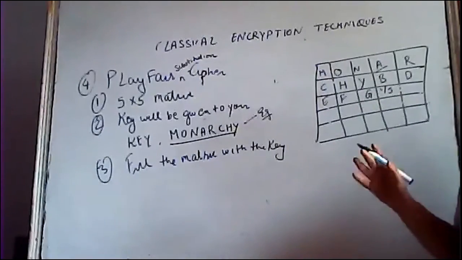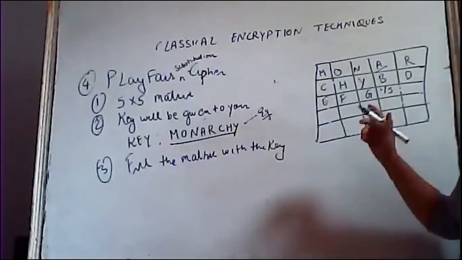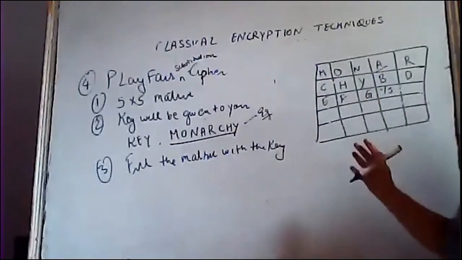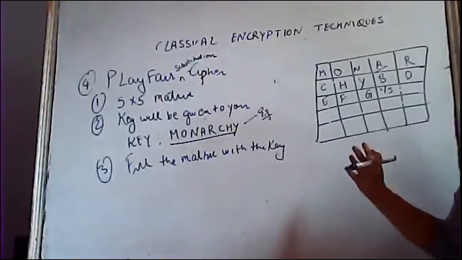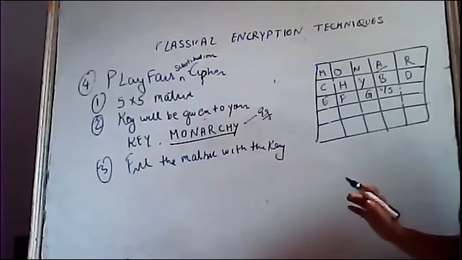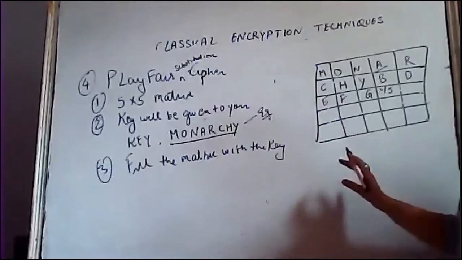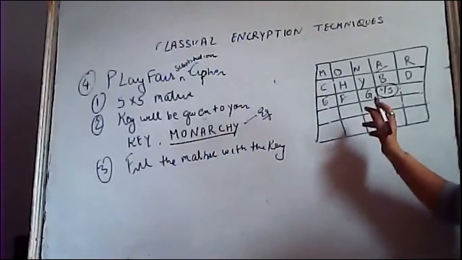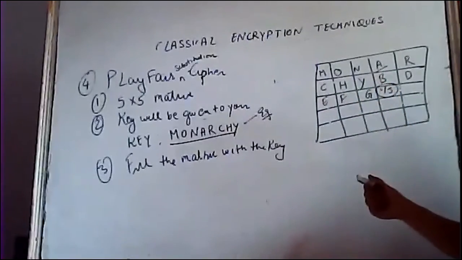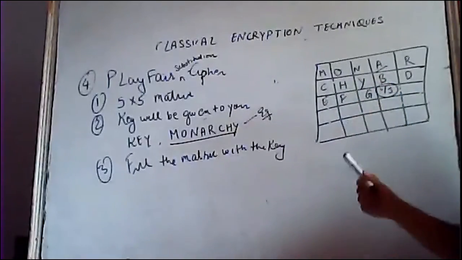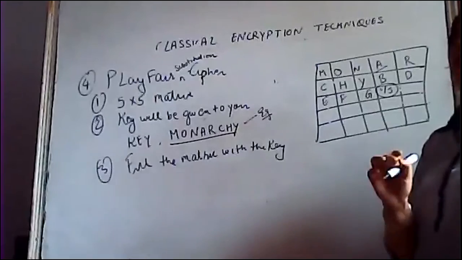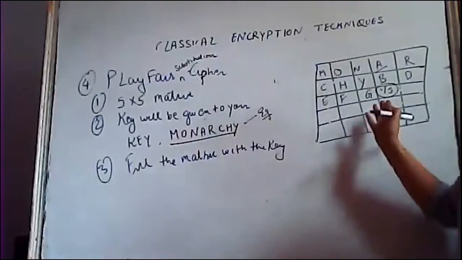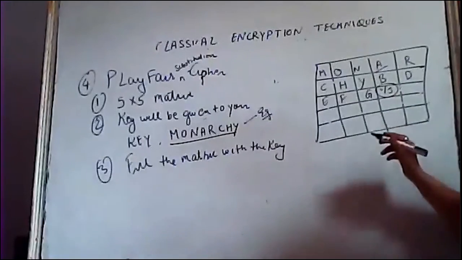Okay, there is a long reason behind that. It has been mathematically proved that we must use this I/J pairing for less complexity. So we will not go into so much detail. Meanwhile, just remember why we need to pair I and J: because we have a total of 25 cells and we need to address 26 characters. So we have to pair two characters as one. So we have considered I or J.